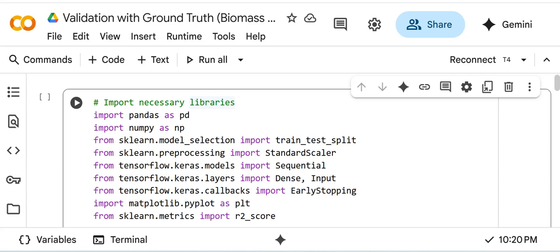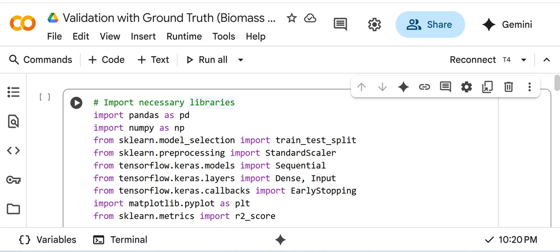Second, reliability. Metrics like MAE, RMSE, and R square quantify model performance for applications like carbon stock estimation. Third, decision making. Validated models build trust for stakeholders, supporting high performance goals. Ground truth data, like the Excel that we use, provides a benchmark for geospatial predictions derived from satellite imagery.